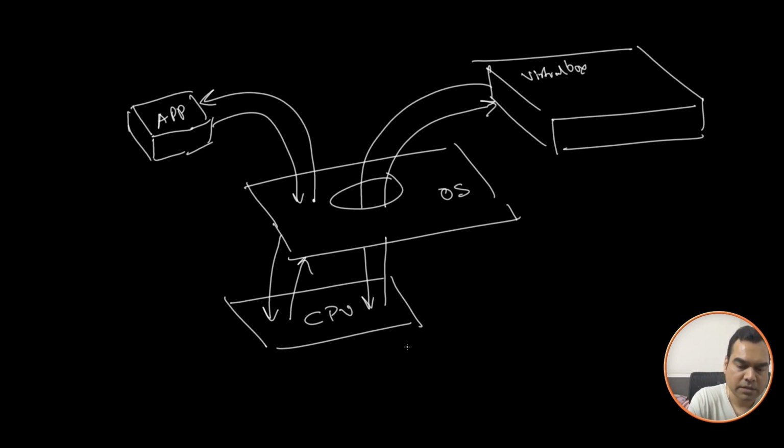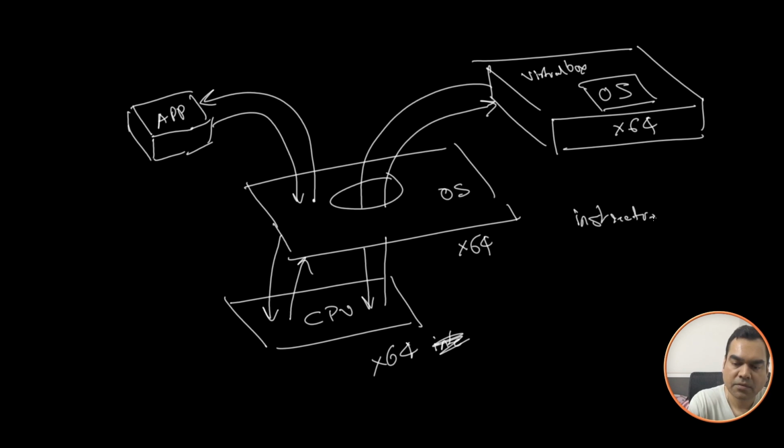Do note, this is 64-bit, right? And my operating system is x64. So whatever operating system I'm running over here also has to be x64, right? Because the instruction set has to match. If the instruction set doesn't match, what will happen is it will fall back to emulation,